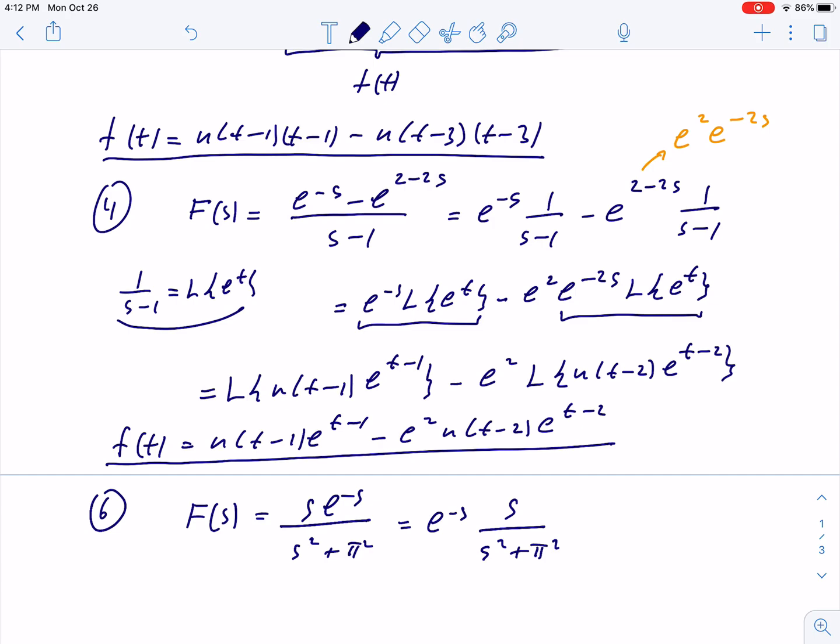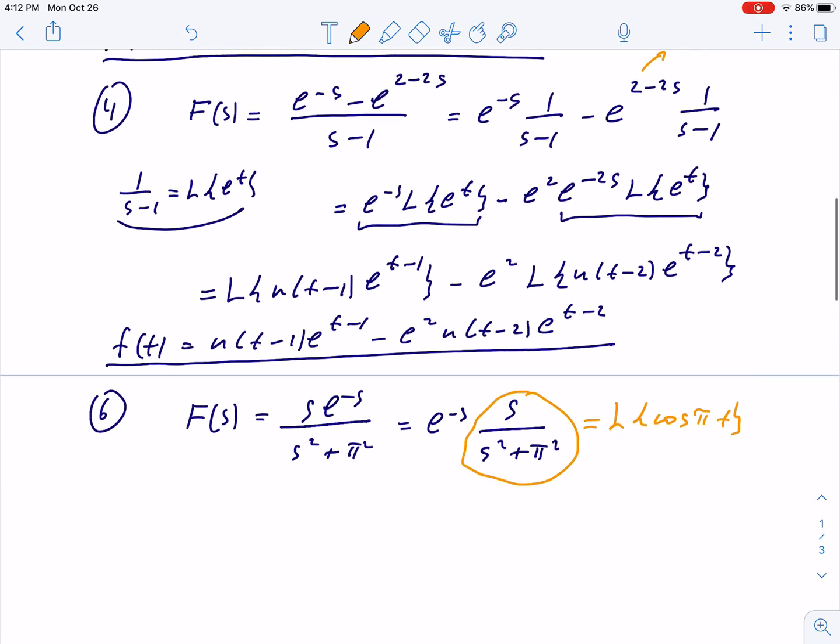And at this point I can recognize, and everybody with some practice will recognize, that this term here is already an image. This equals Laplace transform of cosine pi t, one of our basic formulas. So now the big F can be written as exponential minus s Laplace